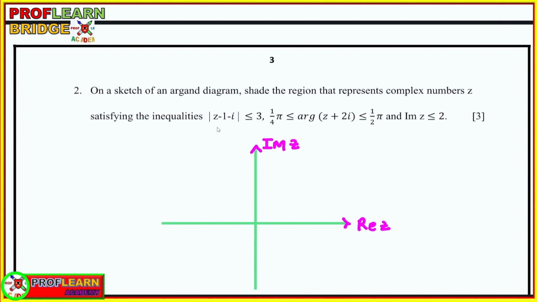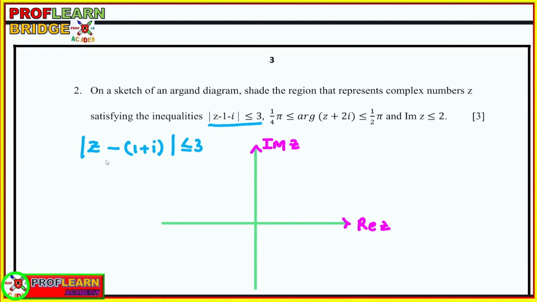The first inequality that we are given here, |z - 1 - i|. Remember, we are going to write it in standard form. In standard form, this is going to be |z - (1 + i)|. Remember, we were given minus 1 minus i. So if you factor the negative out, because this is the standard way,